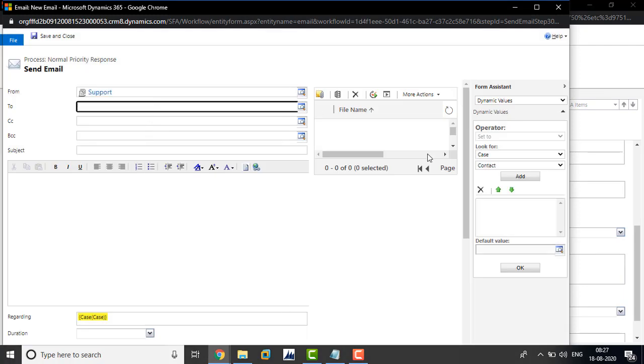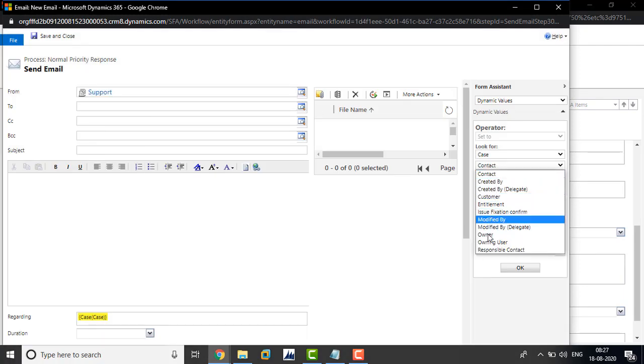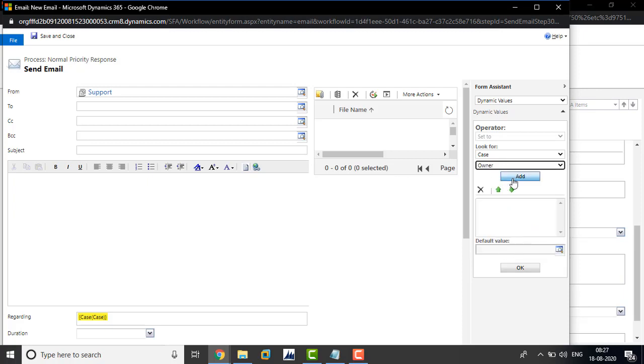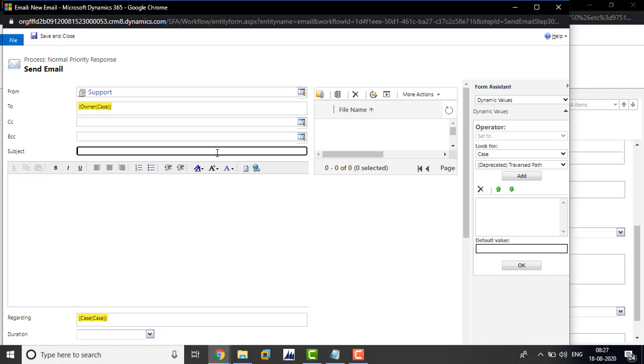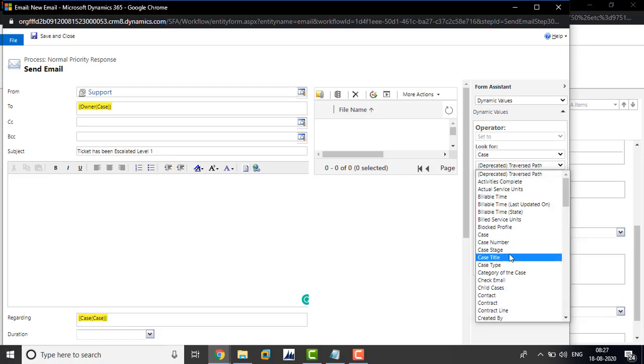Here you can choose the case owner, the subject, ticket has been escalated, and the case number.